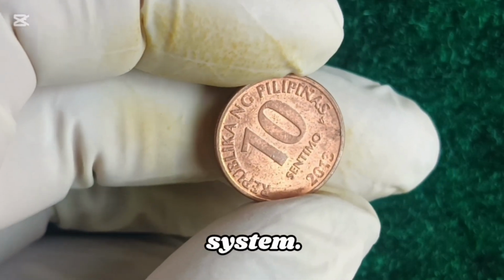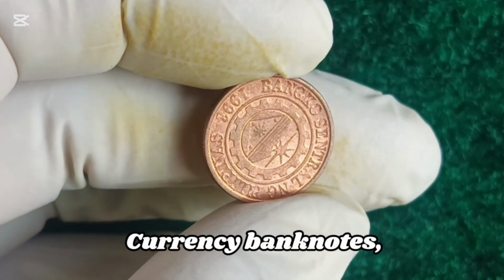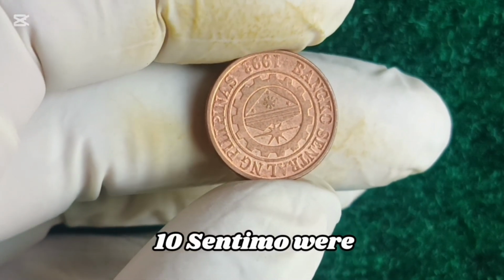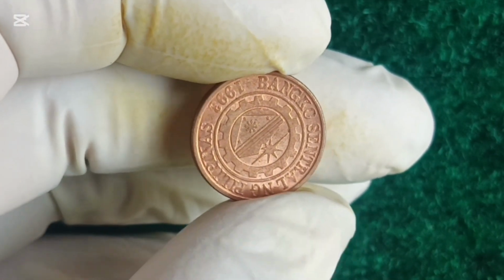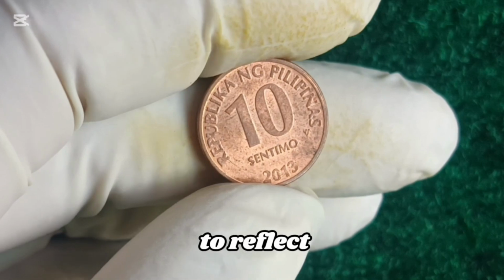country's coinage system. Let's explore its real historical significance in depth. In 2010, the BSP introduced the new generation currency banknotes, followed by coins a few years later. By 2013, coins including the 10 Sentimo were being redesigned with more secure, durable, and modern features. This was a response to the increasing need to combat counterfeiting and to refresh the physical design to reflect national